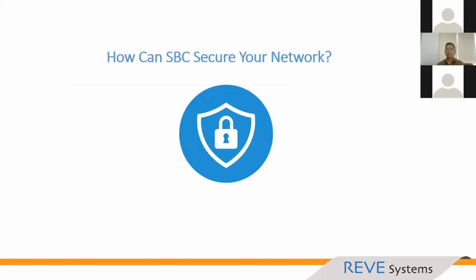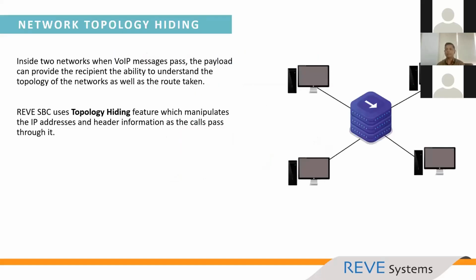So now how can your SBC secure your network from such kinds of fraud? First thing is topology hiding. So what is topology hiding? Topology hiding is hiding the network information from the outside network. Everything you have within the network, you keep inside and you restructure the packet. Whenever the origination is sending the packets, we create a session for the origination, and when sending the packets to the termination, we create a new session for the termination. So the packet headers get changed so that no one can get information of the other party.